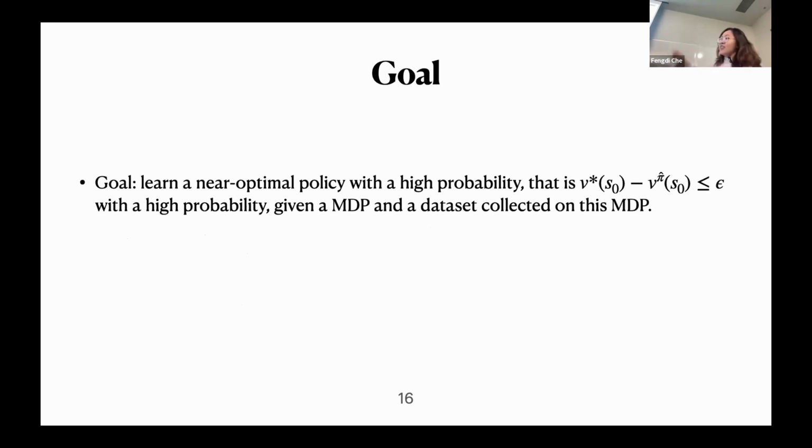If we look at the equation, this pi hat will be the policy we learn, and we want the cumulative reward